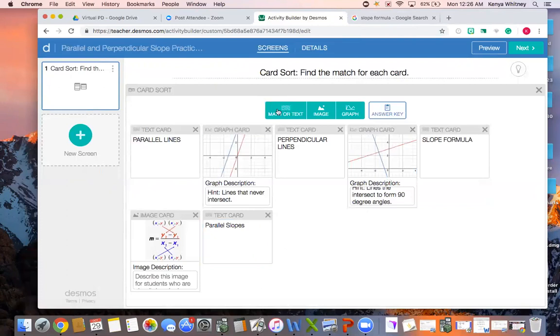All right, so we're actually going to do another text card, and we're actually going to describe to the students, give them example of what that would look like. So we could say the slope of line H is, and you can click on this function tab here, and it lets you insert functions. So we could say the slope of line H is m = 2. The slope of line W is, click on the function tab again, m is equal to 2,